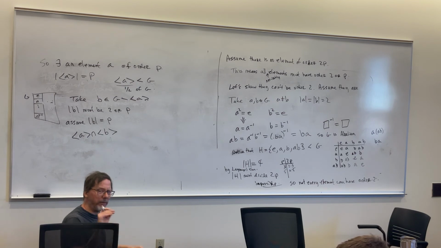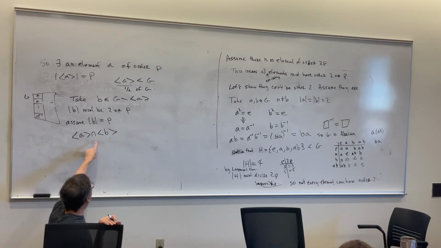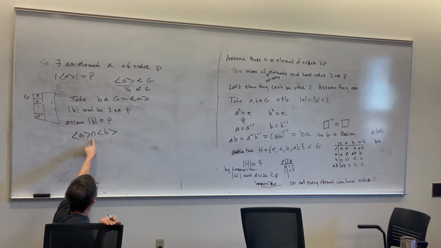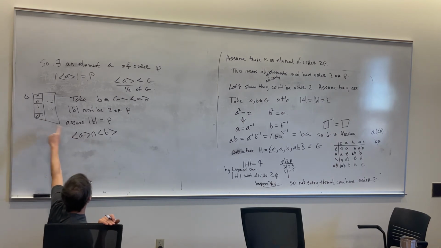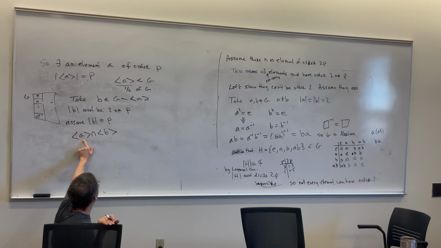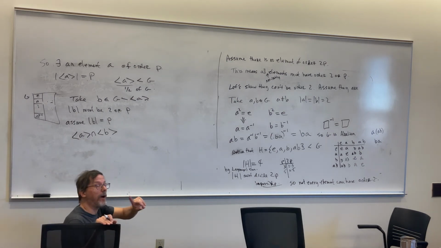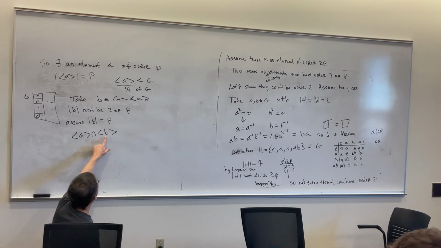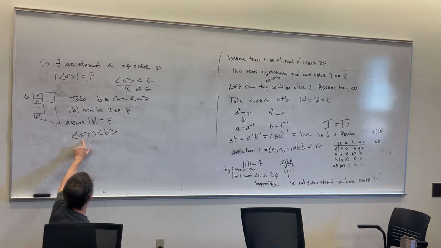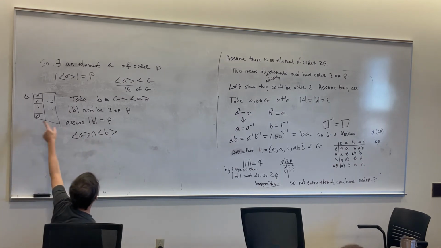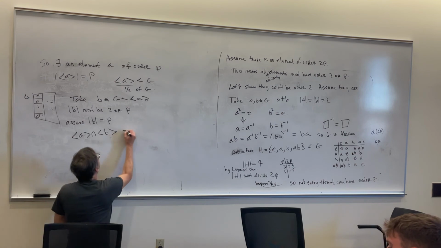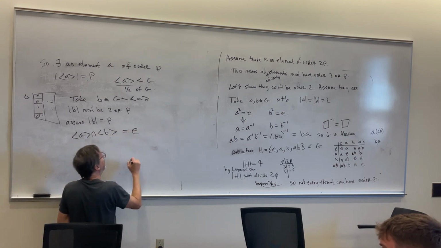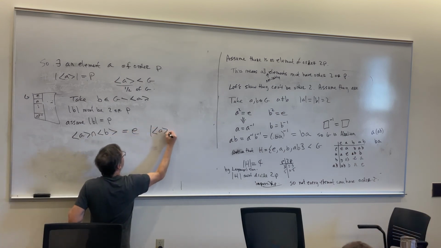Intersection? Yes, exactly. And what would it need to be here? Because B is outside of that, B is not in here. Pretty close. What did they both have in them? E. So the only thing they can share in common is E, because if this one shares anything from here, then it just turns into this thing over here. So this has got to be E. And so the order of that intersection